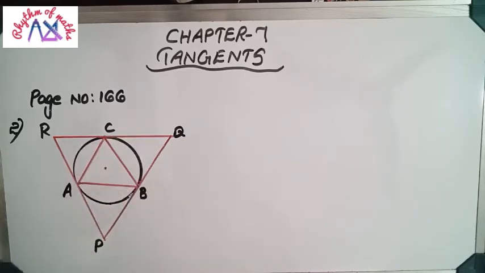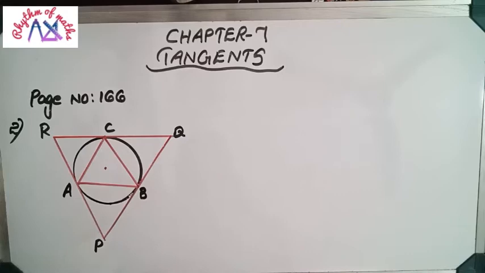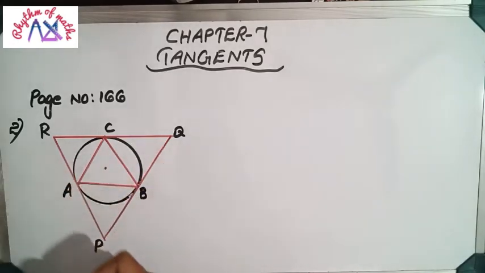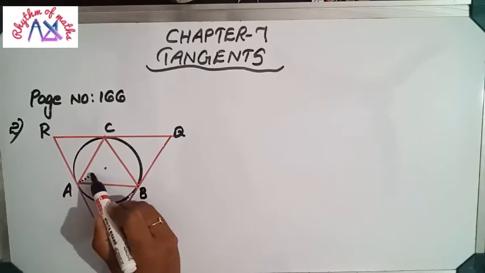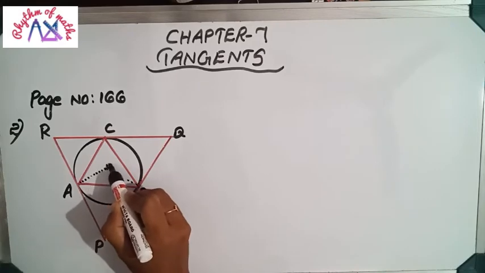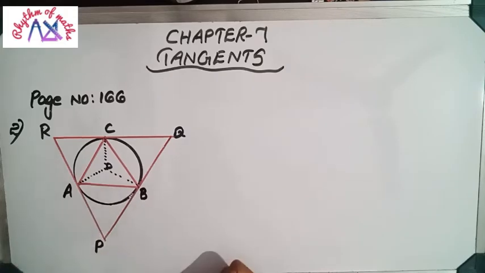We have to prove in the first sub question that the large triangle, that means PQR, is also an equilateral triangle and its sides are double the side of the small triangle. Okay, this is what we need to prove here. So for that, first of all, we have to use the same concept that we learned in the beginning. Here also we have to draw the radius first. So let's consider the center point as O. From the point O towards A, B, C, let's draw radii.